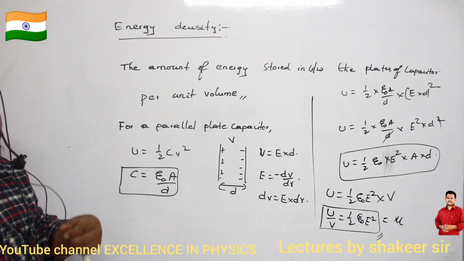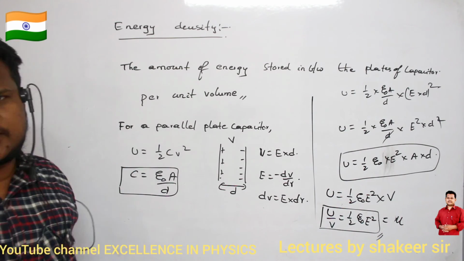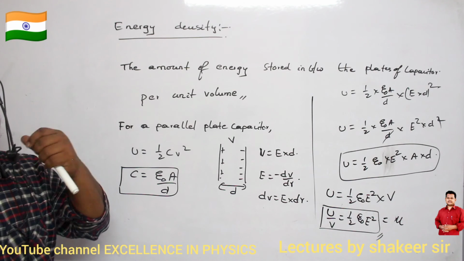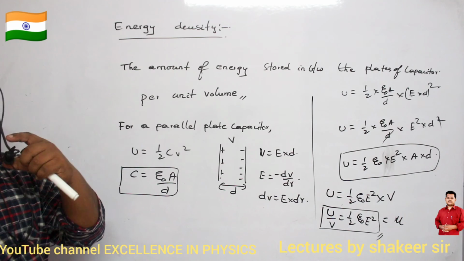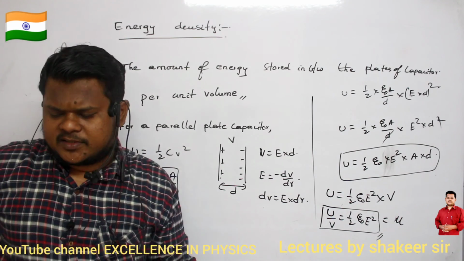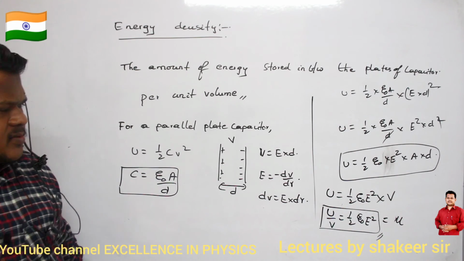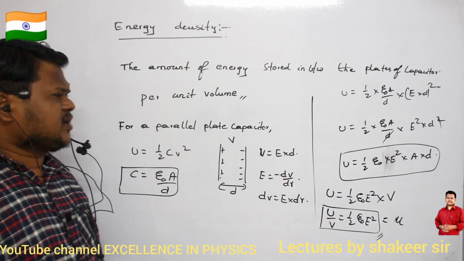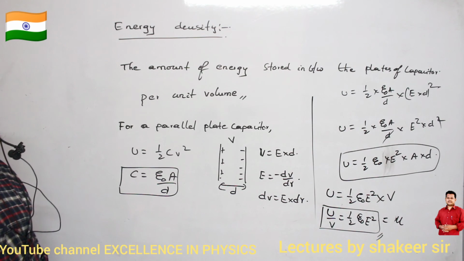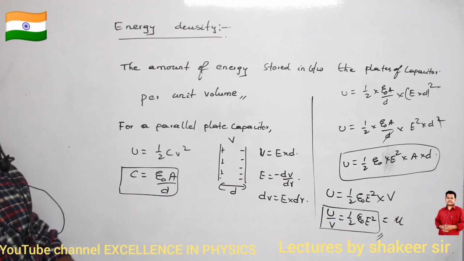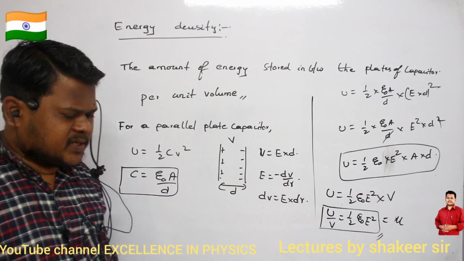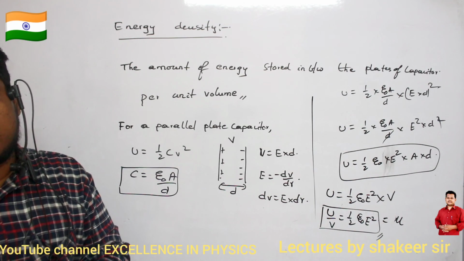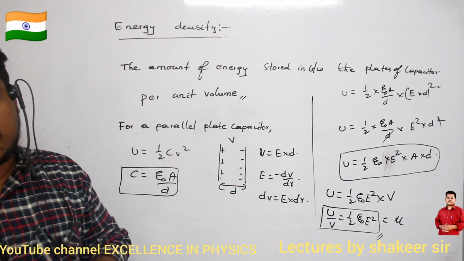So from where did we get this energy? Because to deposit charges, definitely we have to do some work, no? And that work itself will be stored as potential energy between the plates of the capacitor. But some of the energy is wasted as heat energy also, and the remaining energy is stored as this amount of energy per unit volume. Clear? By using the same relation, I will try to calculate the potential energy stored for a spherical capacitor. These are the equations for a parallel plate capacitor only. By using the same relation, now I want to calculate a potential